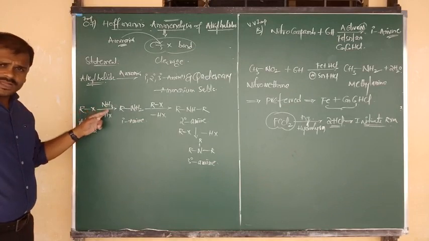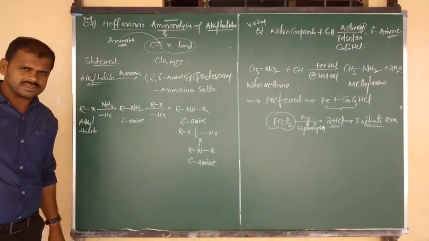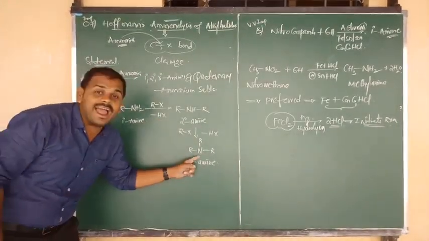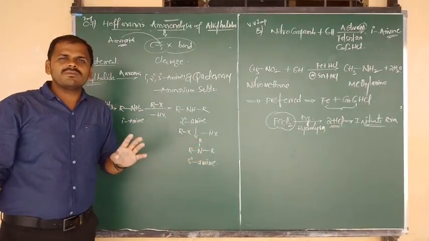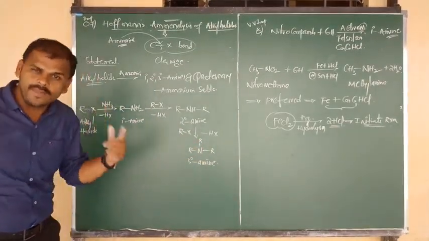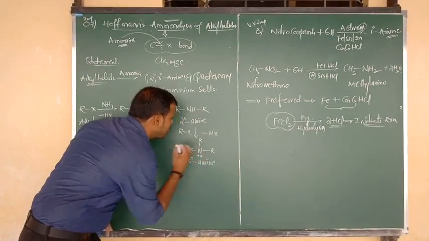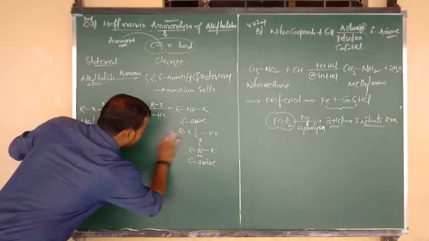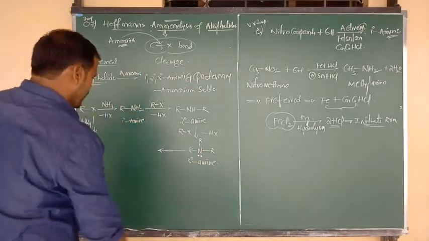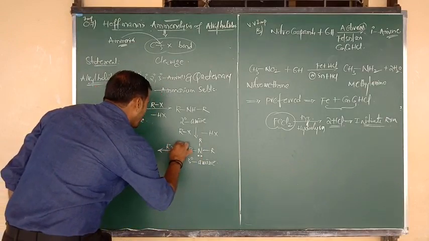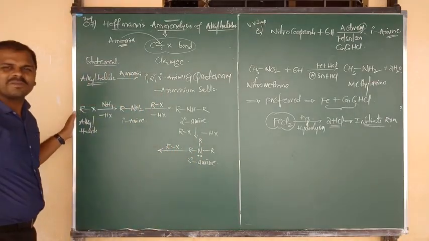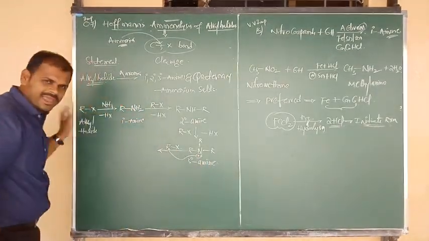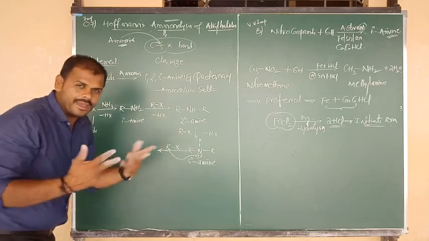So alkyl halides on reaction with ammonia give primary, secondary and tertiary amines. In every step we are losing HX, HX, HX. But now, is there any hydrogen atom? No hydrogen atom. So generally we will think, sir, no more reaction. But reaction will be there. The reason is nitrogen contains one lone pair. Due to presence of the lone pair, such tertiary amine can show a reaction with another mole of alkyl halide. So now what will happen? The lone pair of the tertiary amine nitrogen is given to the R group, means between nitrogen and R we can make a new bond.